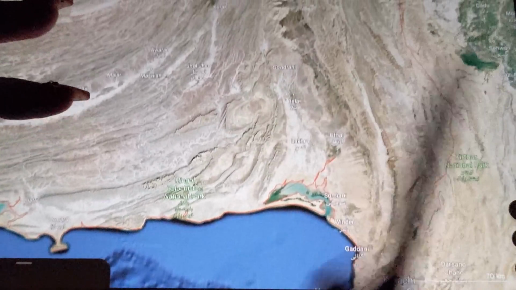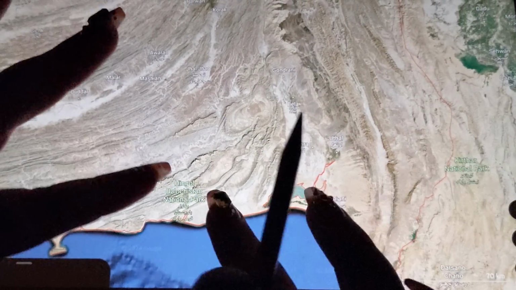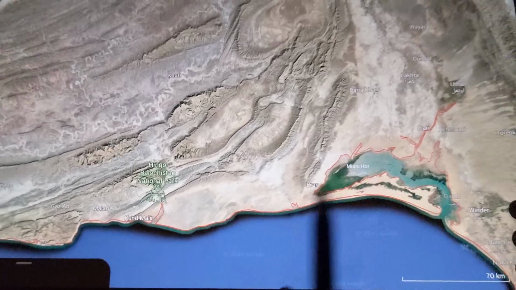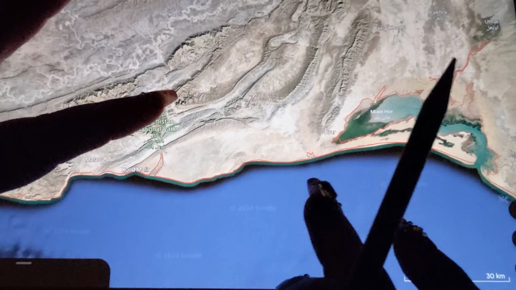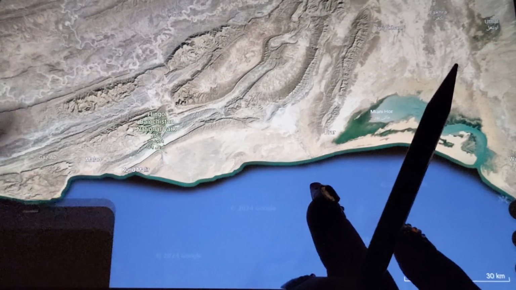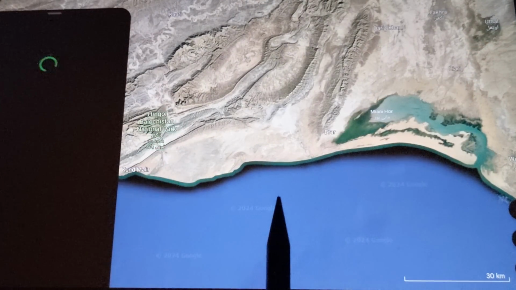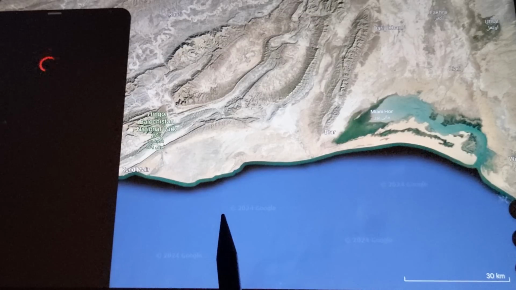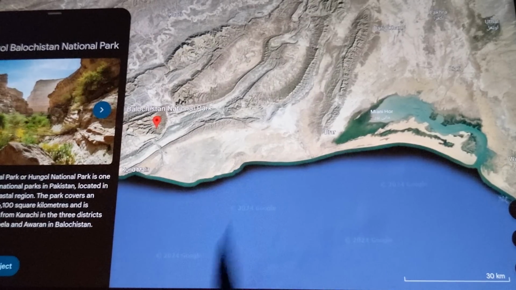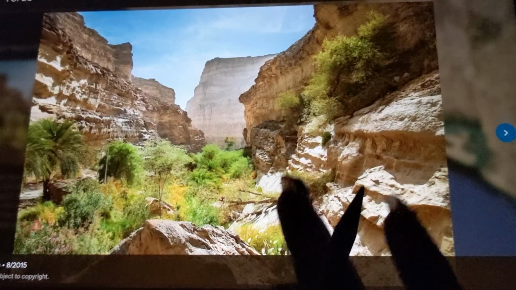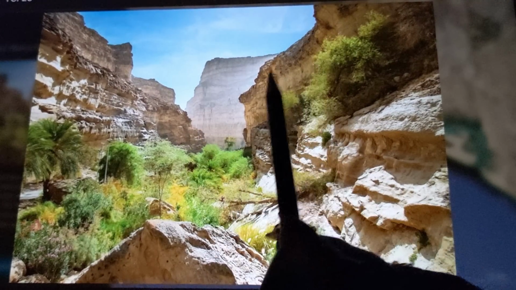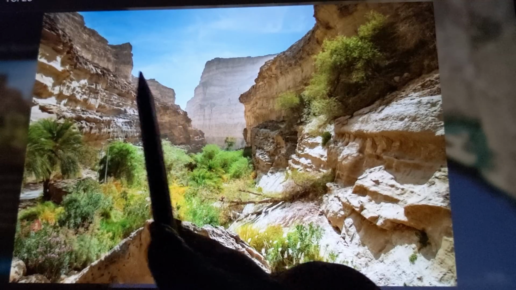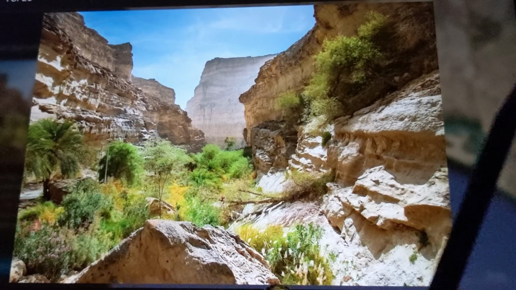Oh, I promised you we'd start off down here in the Hingol National Park, which is a very large park. It's pretty much this entire area here. I'll show you. There's some pictures here in the slideshow. Oh, it's thinking. There we go. That I can't find on Google, so I'll look at them here. This gorgeous canyon to start with. Isn't that beautiful? You'd see this maybe in Arizona or something like that.